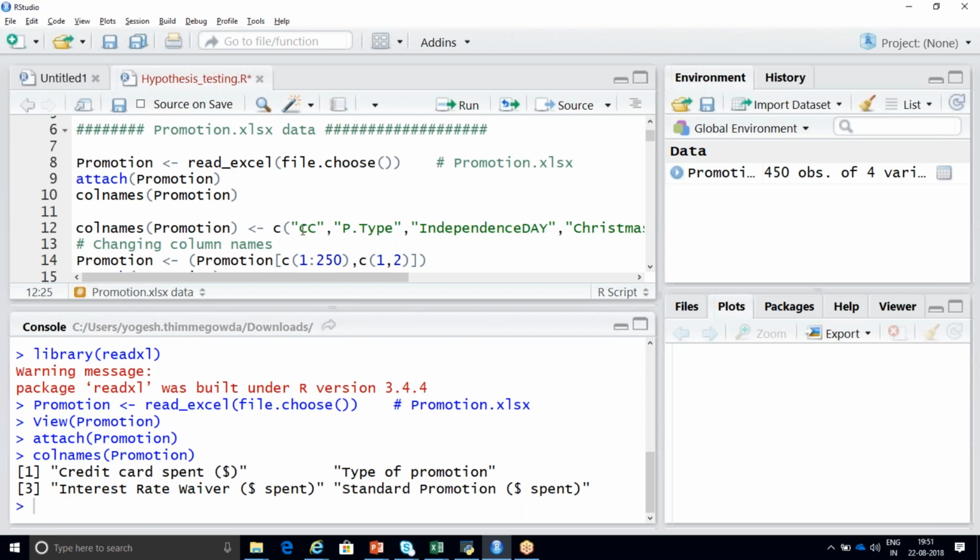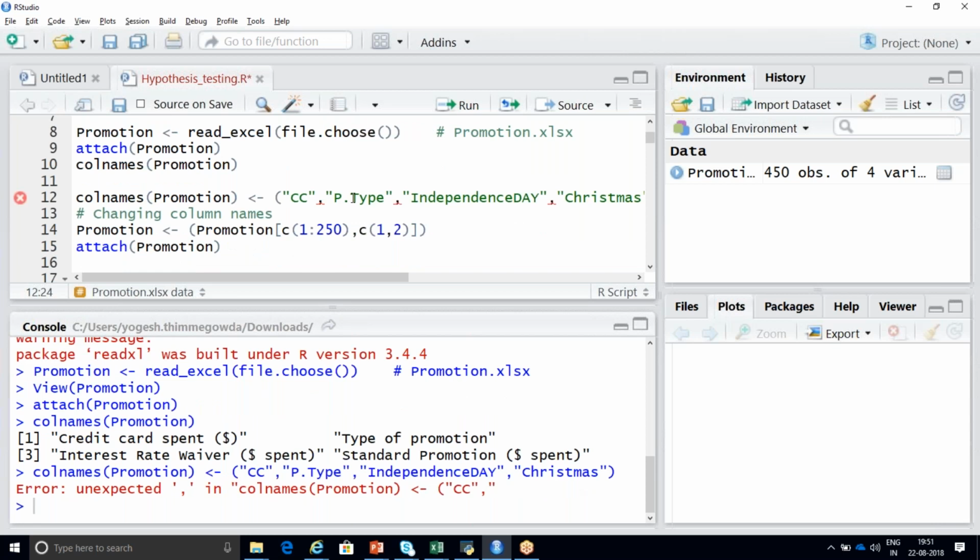Is it a latest user-defined version name? Let me just run this. If you run it with the latest version, you're going to get an error. If you use this C, it will consider that you are renaming with respect to all these columns. Not only renaming, if you want to access all these columns, you can directly write it like this. But I'm simply renaming. Can you write anything else also, like D, T, E, anything, instead of C?